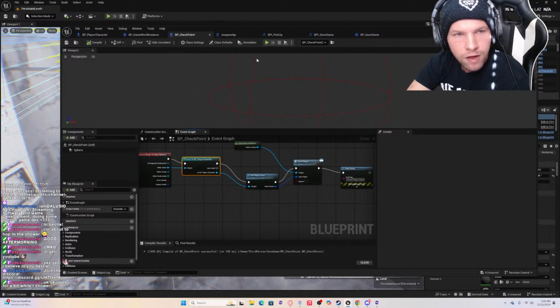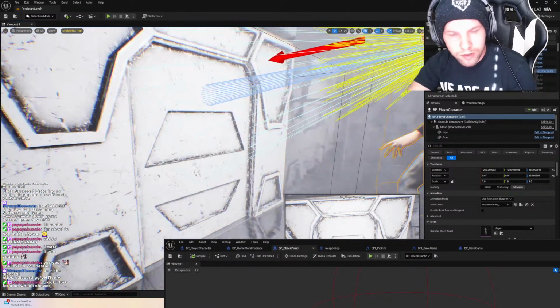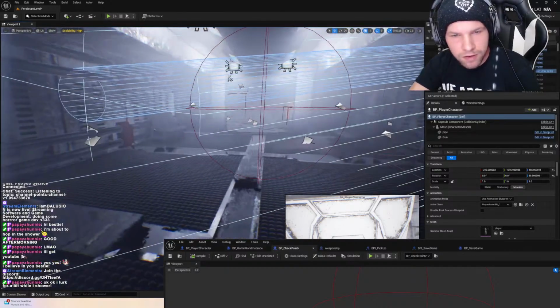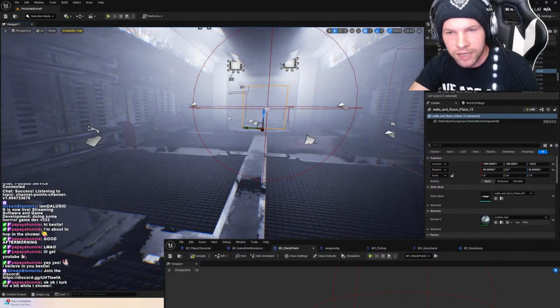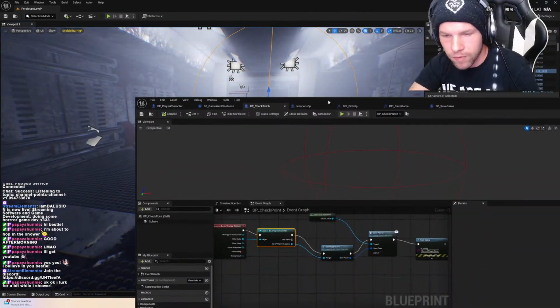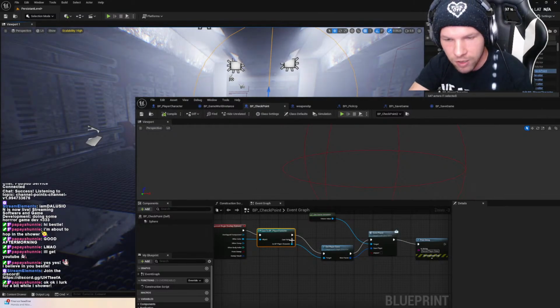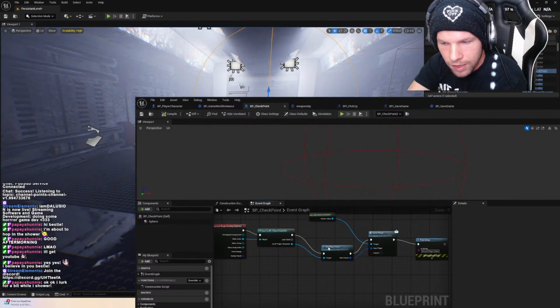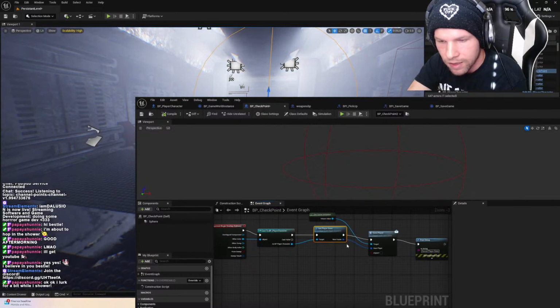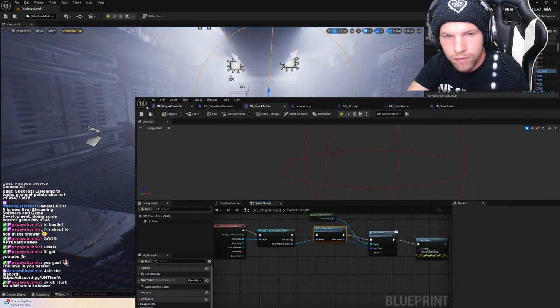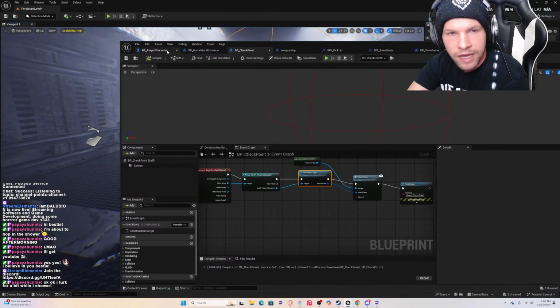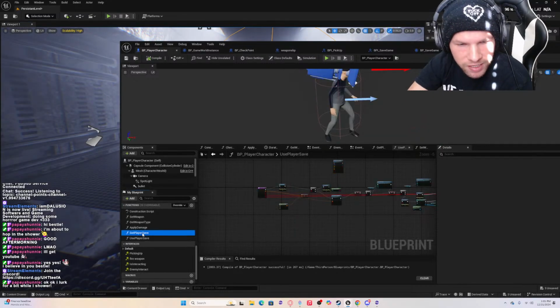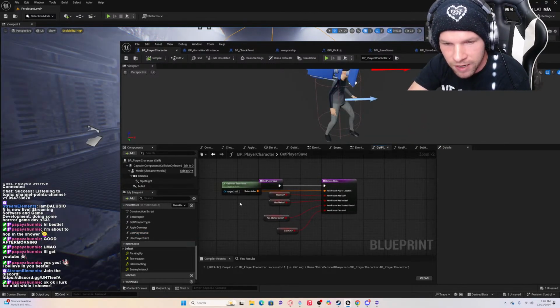Let me show you. We have this sphere here, this actor, which is a checkpoint. It checks if the player overlaps it, and then it runs this get player save, which just gets all these variables that I've set up.